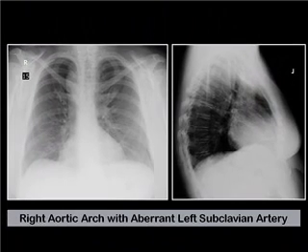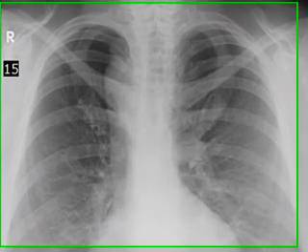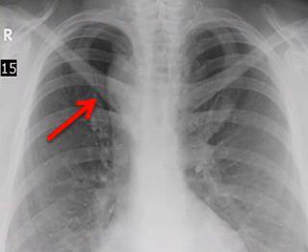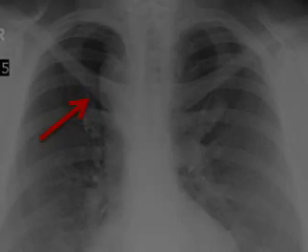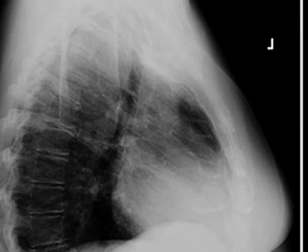Well, if you said that this is a right aortic arch with an aberrant left subclavian artery, you'd be correct. This image shows the right aortic arch displacing the air-filled trachea to the left, and the lateral image demonstrates forward displacement of the air-filled trachea, indicating that there is an aberrant vessel behind